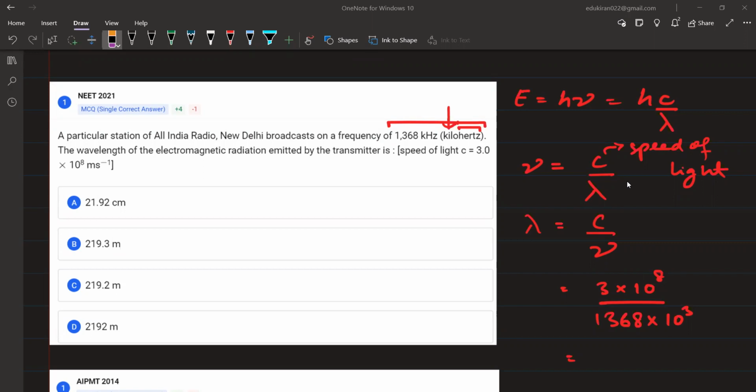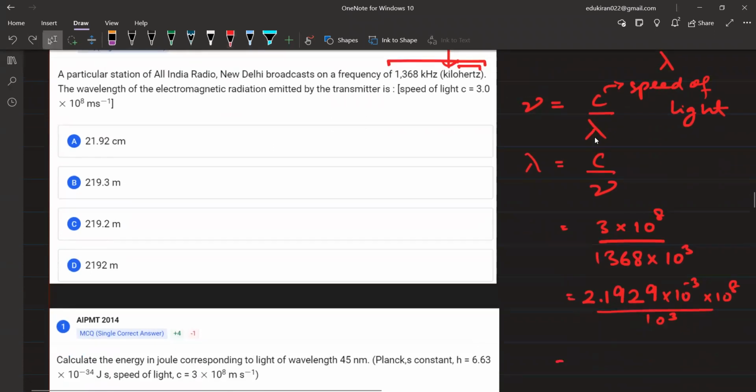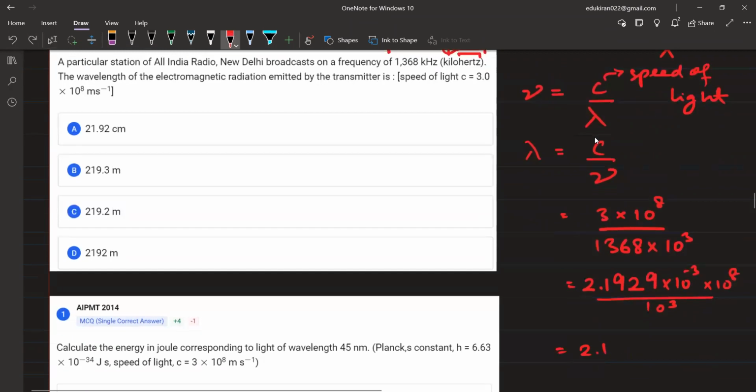So if you divide both of these, 3/1368, आपको मिलेगा आंसर 2.19298 and so on into 10 to the power -3, ठीक है, into 10 to the power 8 है और divided by 10 to the power 3. So 10 to the power 3 and 10 to the power -3 is going to cancel each other out? नहीं, कैंसिल नहीं होगा ये दोनों, rather it will become 2.192, जिसको क्या लिख सकते हैं, 2.19 फिर लिख सकते हैं। अब यहाँ तक आ गए आप, that means